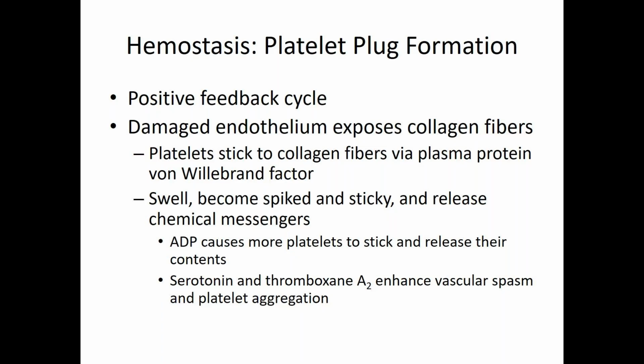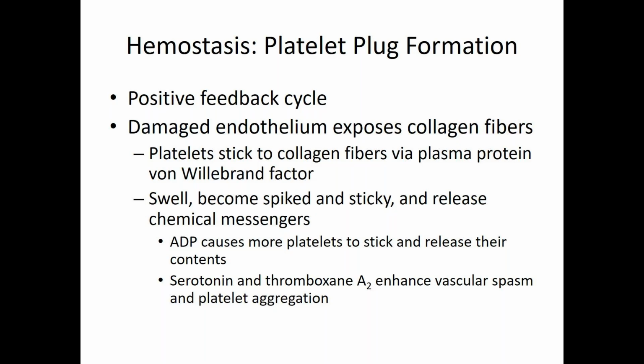With platelets, we have a positive feedback cycle. Right? It's sort of like a big pyramid scheme. If you want to think about that, right? They're all trying to sell you essential oils and yoga pants, right, on the internet. We get one platelet here, right, and that's going to attract two more. Each of those platelets is going to attract two more. Now we've got 7. Each of those is going to attract 2 more, and now we've got 21. Right? We're going to grow and grow and grow. We're not going to have that shut-off point. The more platelets we have, the more platelets we attract. Okay?